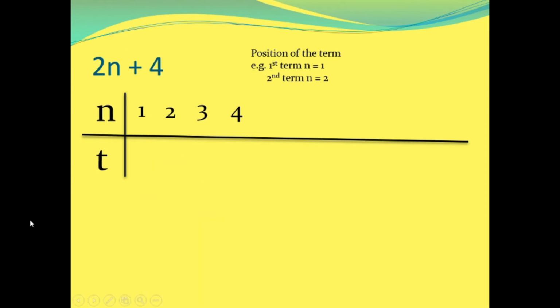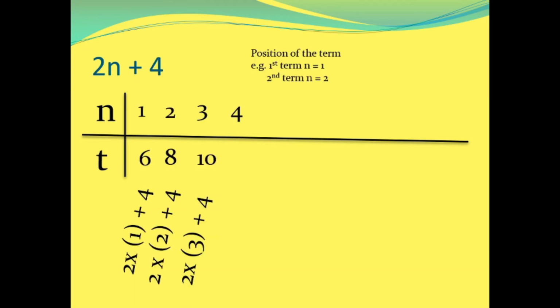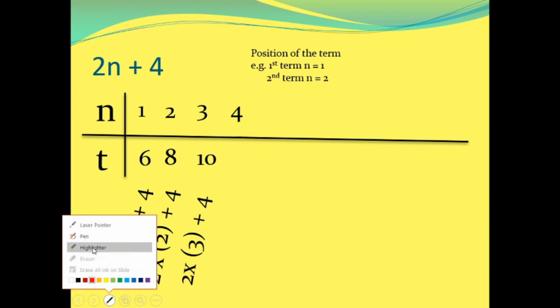So this one here, for my first term, n is 1. So I have to do 2 times 1 plus 4, which is 6. I have to do 2 times 2 plus 4, and then 2 times 3 plus 4, and 2 times 4 plus 4. And I notice that these do go up in 2, and that is my number here, which is 2. Which is nice. It'll work for all